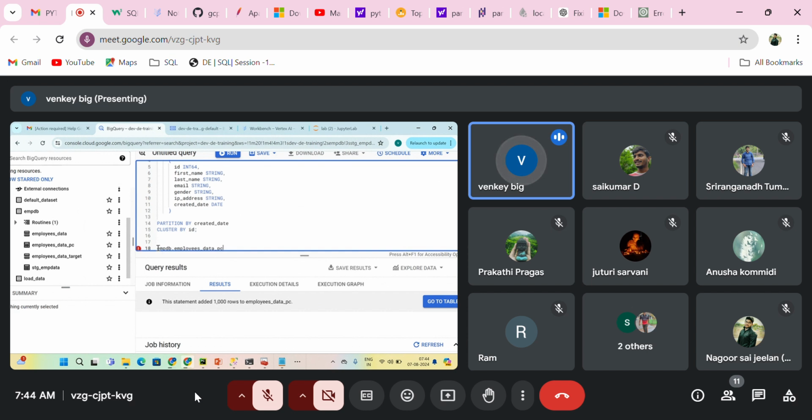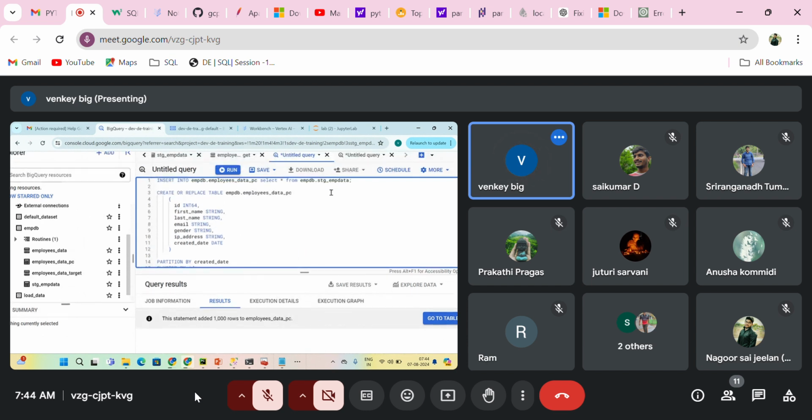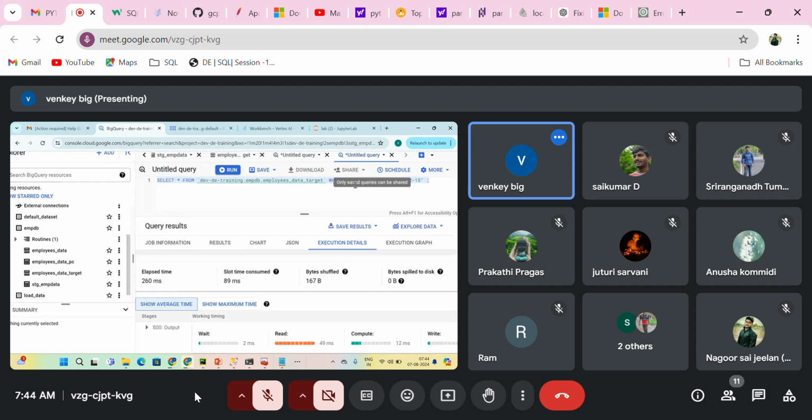So you need to use your partitioning keys and clustering keys in your where clause. Otherwise, you won't be able to get the advantage of your partitioning, right? So where created date equals to, let us say 2024-02-15,